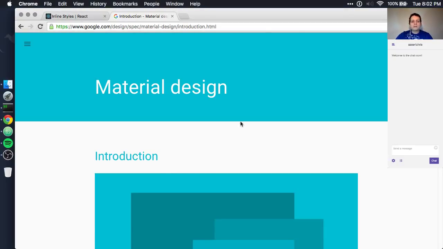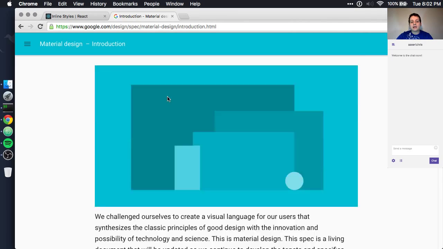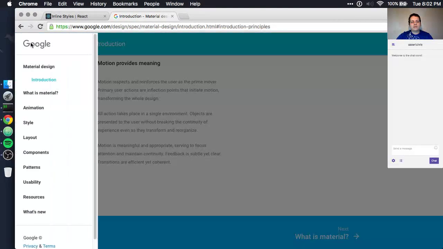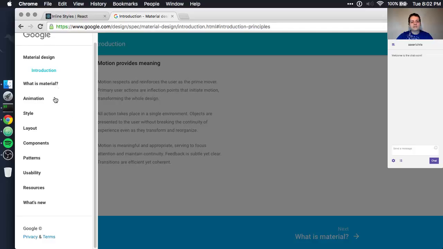Okay, so material design is this thing by Google, which is kind of like a style guide for the apps that they make, and it covers just a lot of stuff. In fact, if I go to the contents here, you can see there's things for how animation works, how to style things, and that's a very broad section because there's a lot of stuff in there. Different